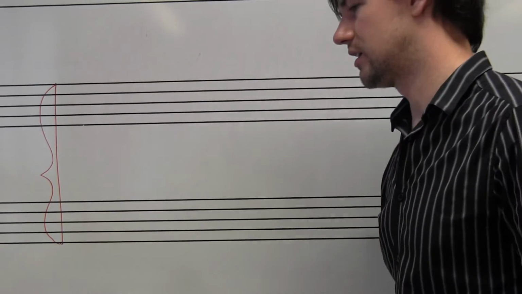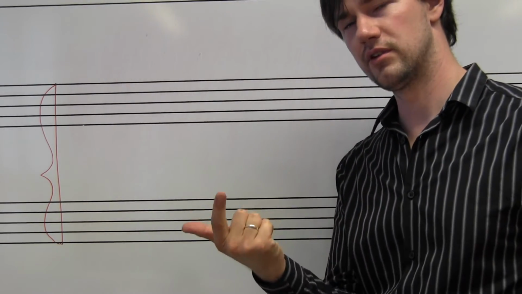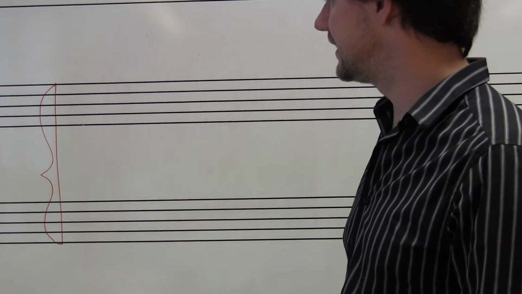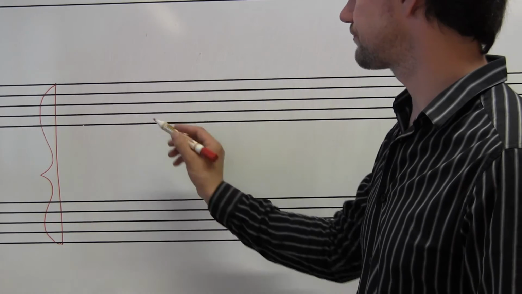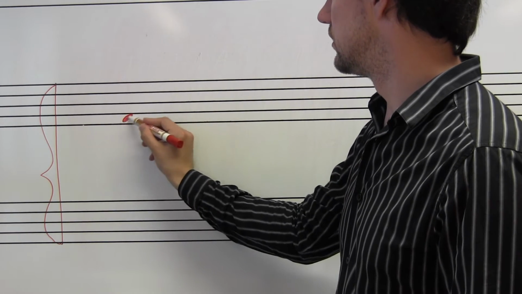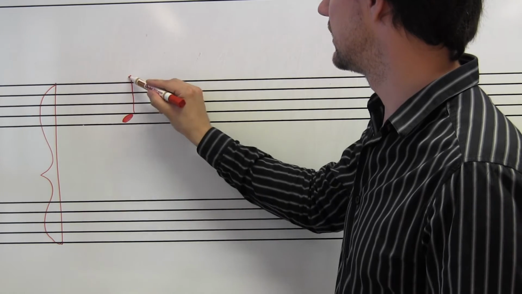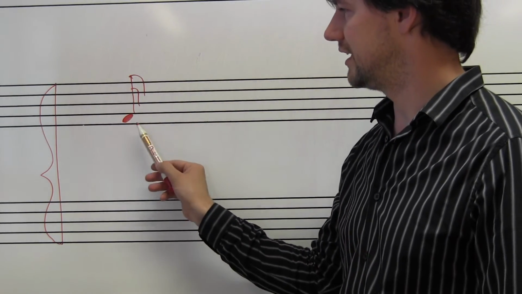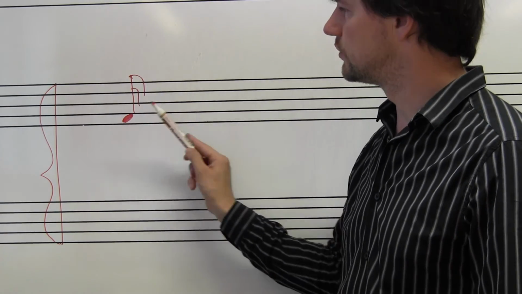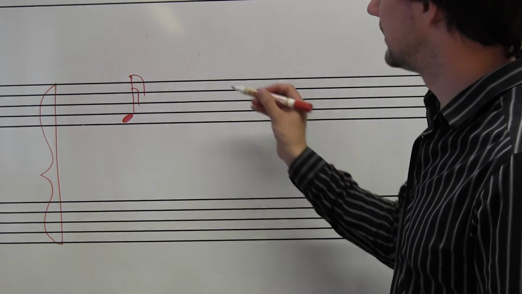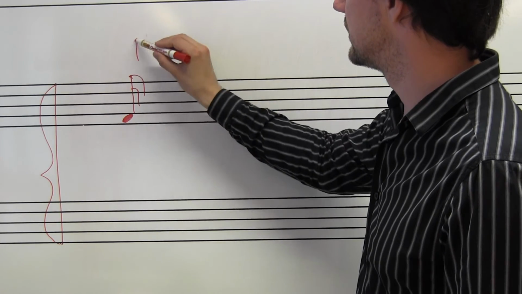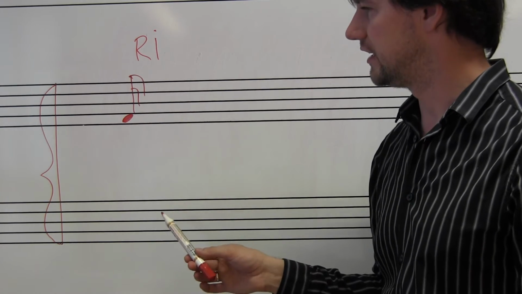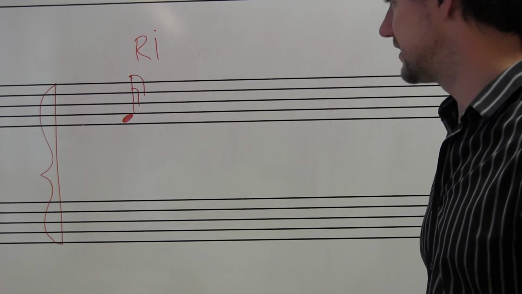So we have been talking about whole note, half note, quarter note, eighth note. And let's take the 16th too. Let's take the single one first. So 16th note has got a note head, stem, and 2 flags. And the name of 16th note is re. It's a re. Re, re. But there is an